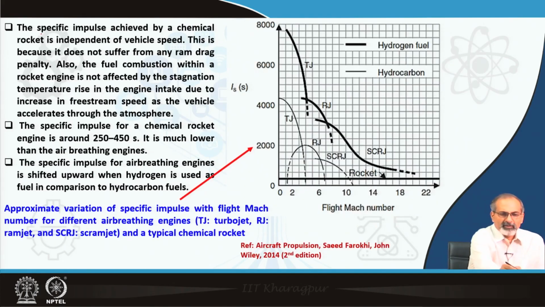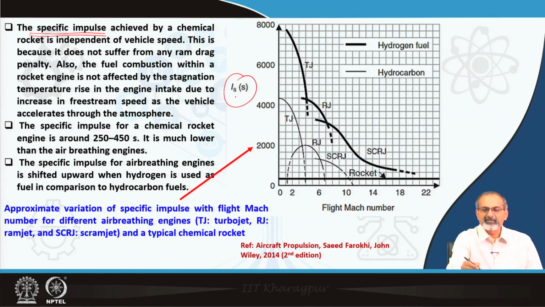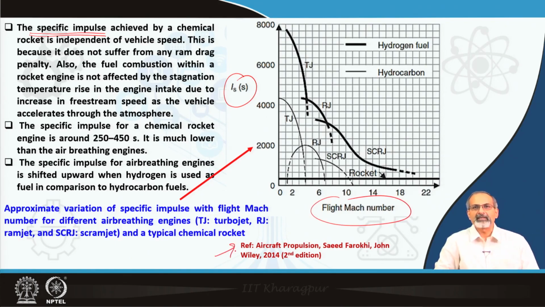A very important performance metric is the specific impulse for all kinds of propulsion devices, including rocket engines. The specific impulse achieved by a chemical rocket is independent of vehicle speed. So, you have the specific impulse in terms of seconds on the y axis and the flight Mach number along the x axis. This is the reference from which the figure has been taken, the book of Farokhi, and there